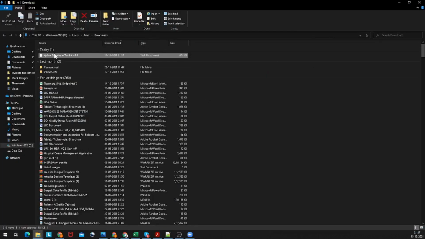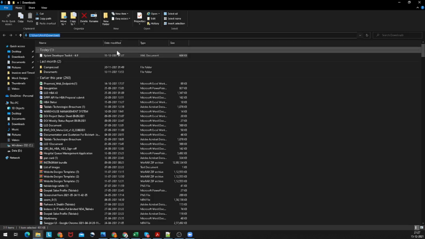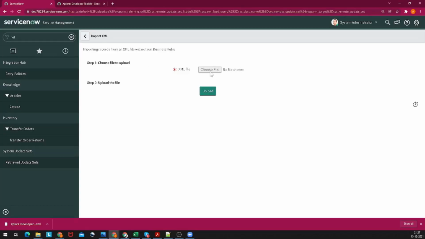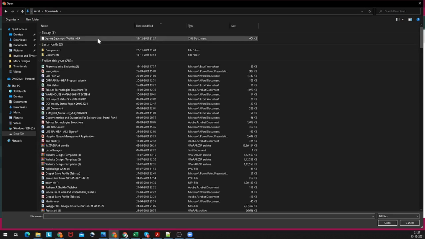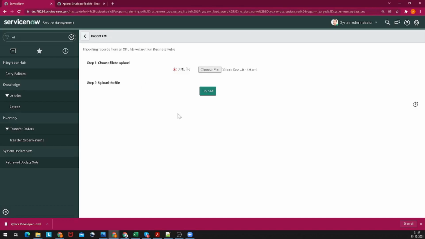Okay, so this is the XML file for the Xplore. I will simply copy this part out, so it will be pretty easy for me to navigate to that particular thing. Okay. And this is the update set which we were looking for. Now you can simply upload it. Okay, once you upload,